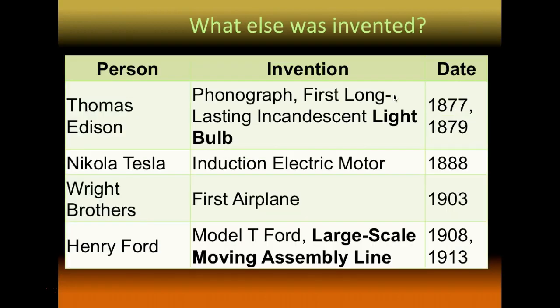Thomas Edison, the light bulb, the first long-lasting incandescent light bulb. Really important because prior to this, what did people light their houses with when the sun went down? Candles. Candles burn. What are houses made out of? Wood. There are lots of fires where full cities end up burning down because everything is made of old wood that gets dry, and then a candle falls and boom, everything is gone. And we don't have social services of firefighters, so it's private companies, and if you haven't paid a private company to help save your house, they won't, and your house would burn down.